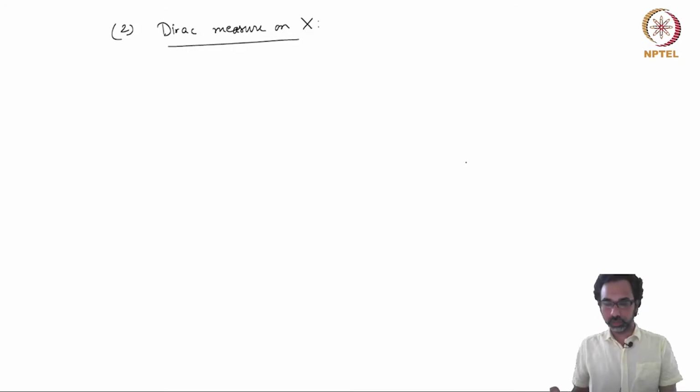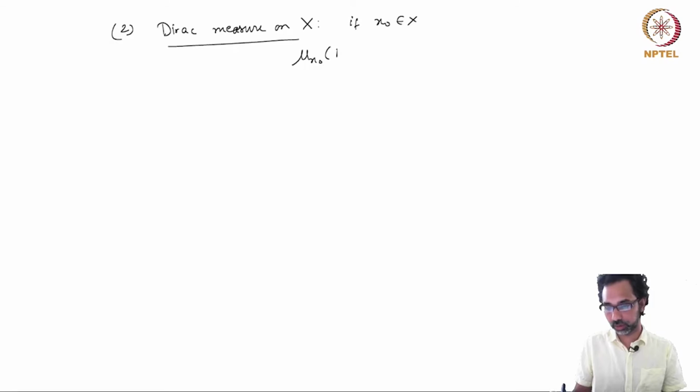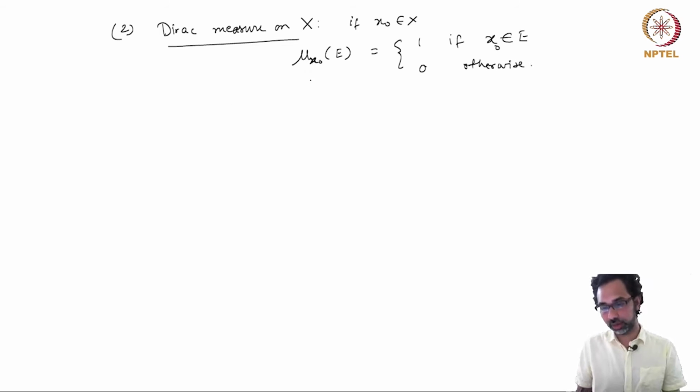Another example is the construction of the Dirac measure on X. We have already seen what it is. If we fix a point x_0 in X, then mu_{x_0} of a set E is equal to 1 if x_0 belongs to E and 0 otherwise. I will construct this measure out of the Riesz representation theorem by considering